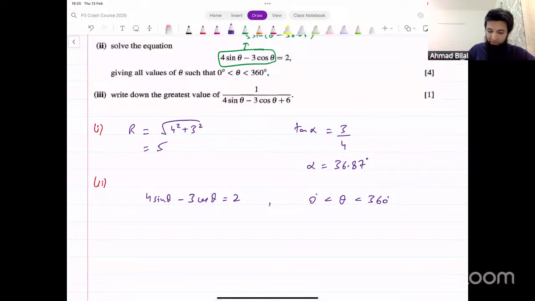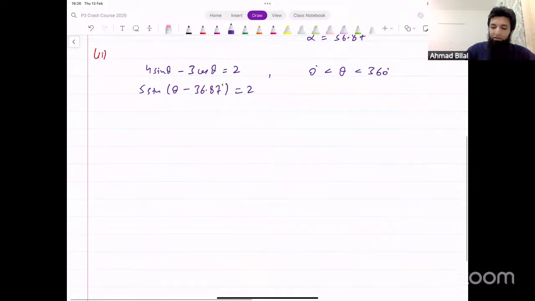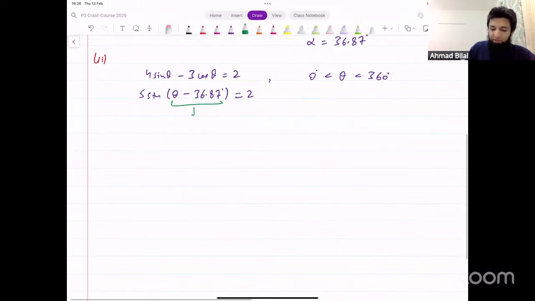We can say this is 5 sine of theta minus 36.87 equals 2. That's the equation that we have. Okay, and now we need to solve this equation. How do we solve this? We use a substitution. We say let A equals theta minus 36.87. Now, when that's the substitution that you're using, the equation will become 5 sine A equals 2, and then sine